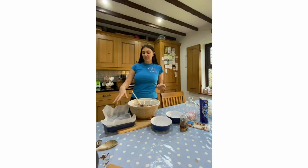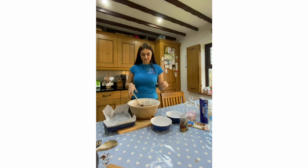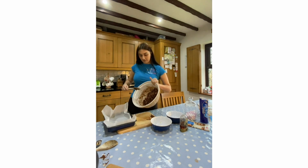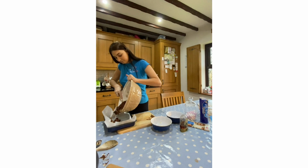So we've got our tin here, and mine is lined with greaseproof paper, and like I said at the beginning, you can use cling film or foil, or if you've got greaseproof paper at home, you can use that. You just want to line the inside of your tin with it because it means that you can pull it back out a little bit easier once it has set. So now is the time to put it all into our tin. You're going to take hold of your bowl. You might need your grown-up's help for this one, and you're going to see if you can slide it all in to our tin, and then you're going to press it down